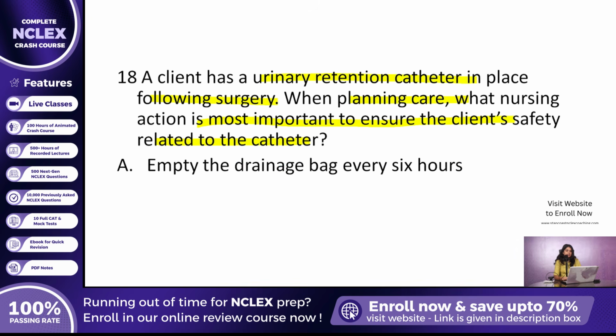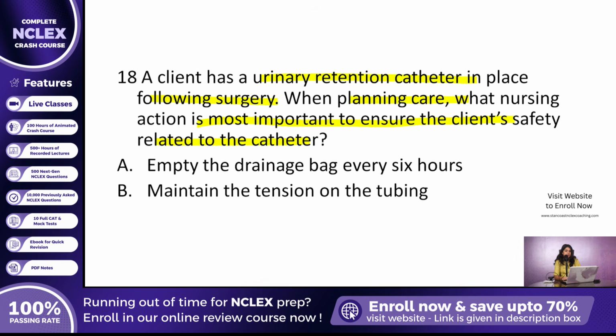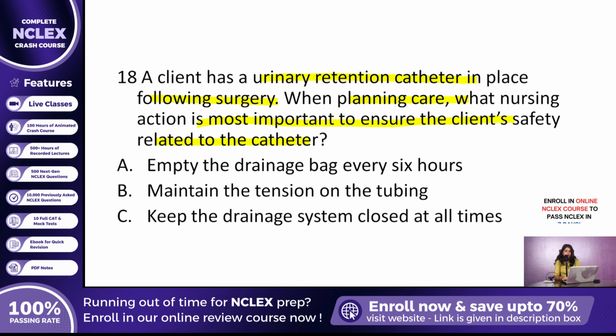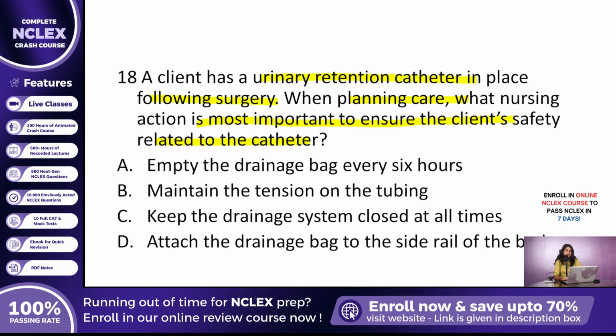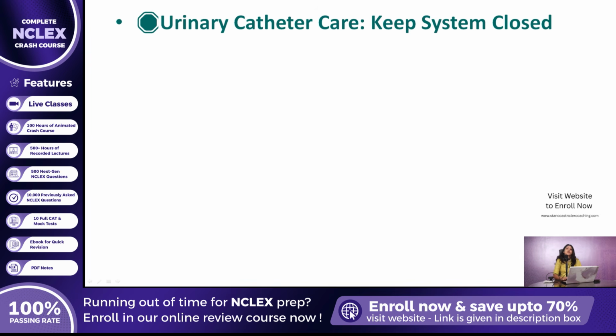Option A, empty the drainage bag every 6 hours. B, maintain the tension on the tubing. C, keep the drainage system closed at all times. D, attach the drainage bag to the side rail of the bed. The most important safety measure is clearly option C, keep the drainage system closed at all times, which is the correct answer. This action helps preserve the sterility of the urinary tract and significantly reduces the risk of catheter-associated urinary